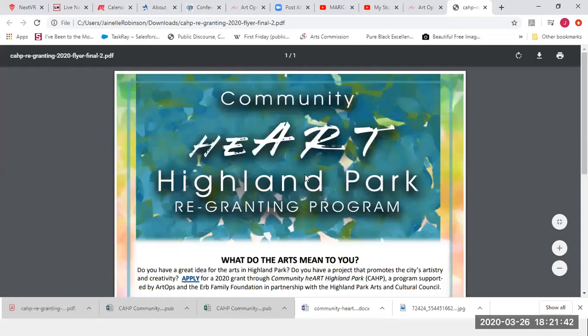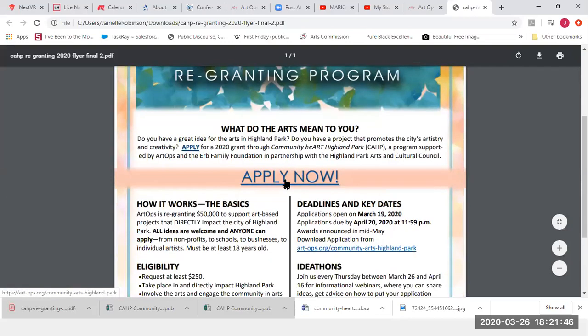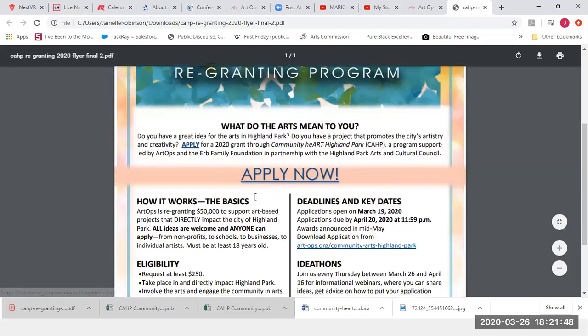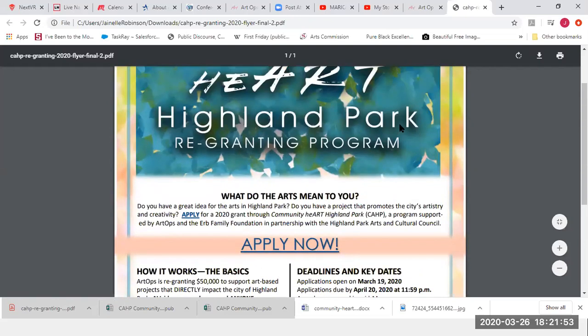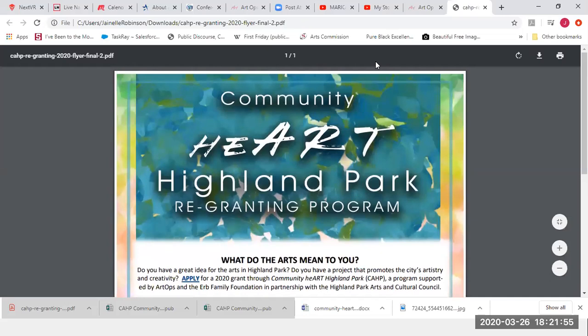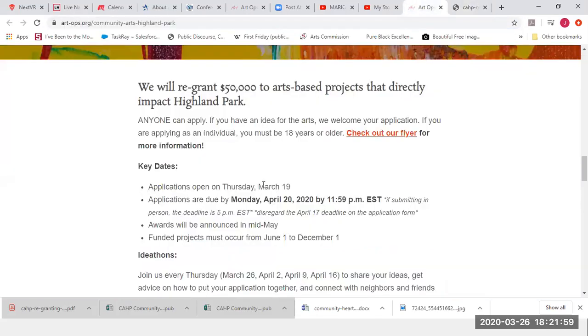And also our former intern, Cameron Jenkins, created it for us. It just has a few links on there. You can get right back to that same page, just the basics. So if you have not received this flyer, you can feel free to download it, or just copy this link here and share it with anyone.